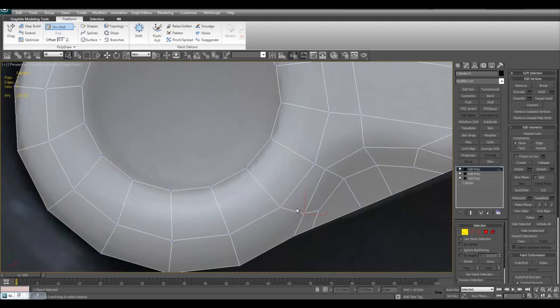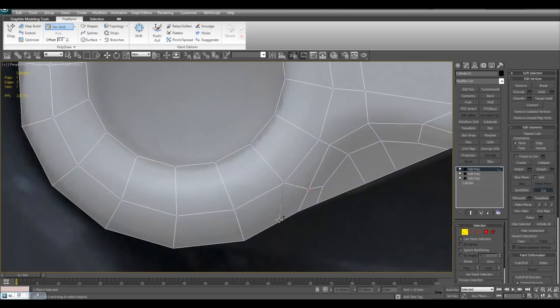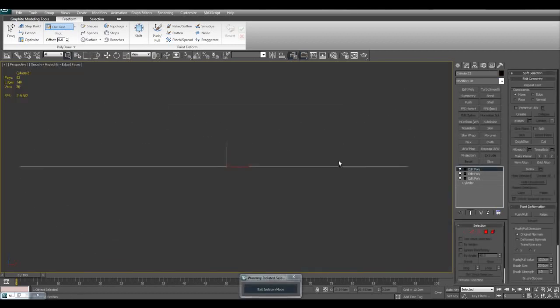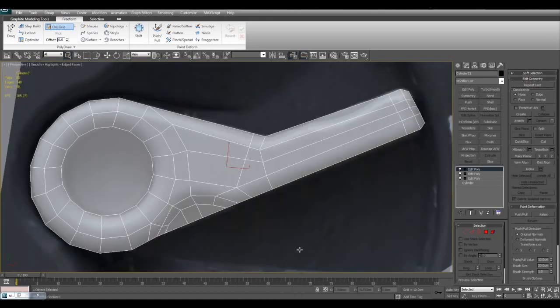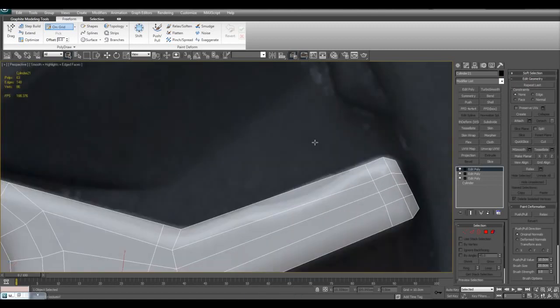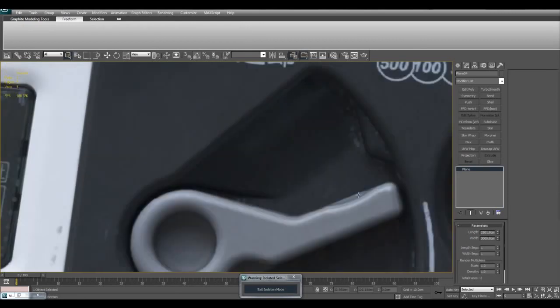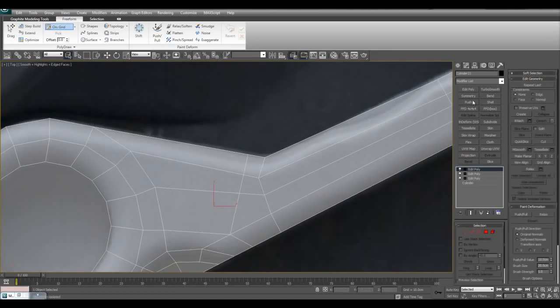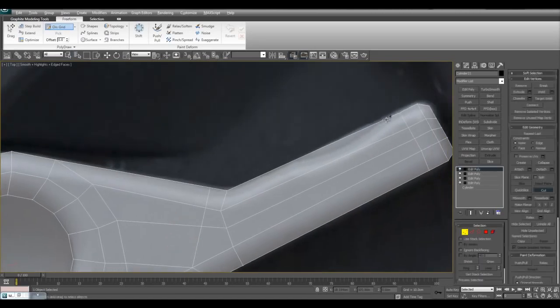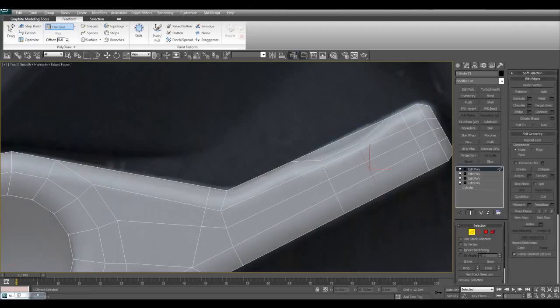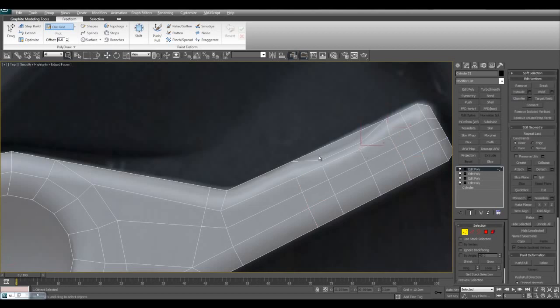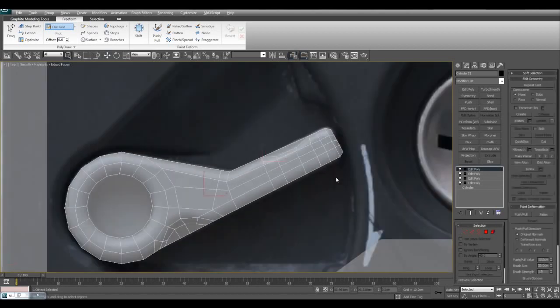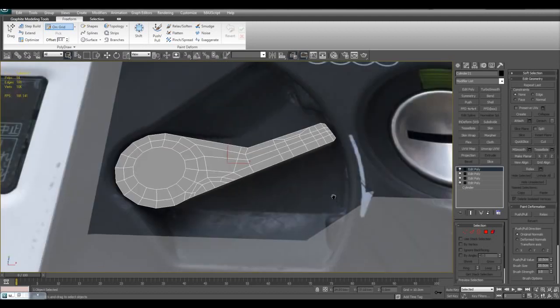Alright, so as of right now, the object is still flat. It's still just a simple plane. Alright, we also want to go ahead and create a slight kind of slice here. So we'll just go ahead and make a very slight slice here and connect. Alright, now what we'll do is,